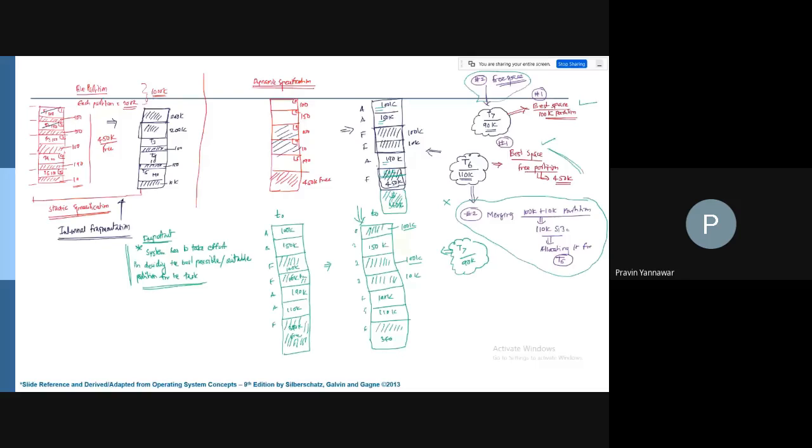How can we decide the best possible partition for a task which is in the queue, and for which we need to allocate a memory? So for this